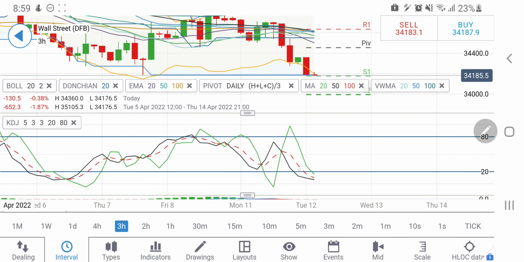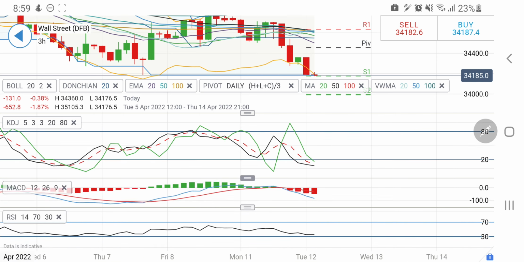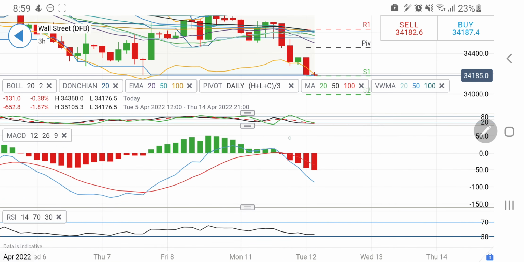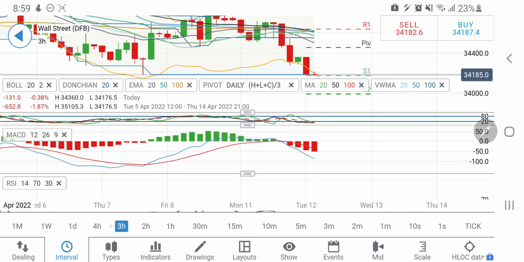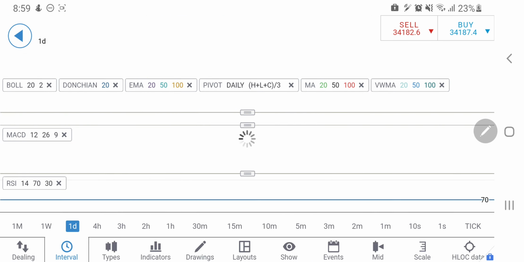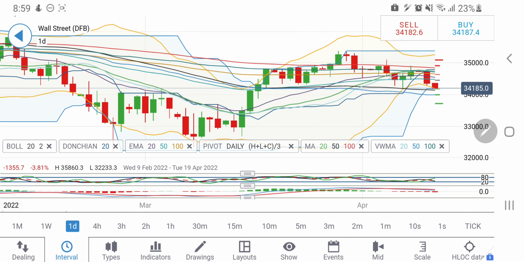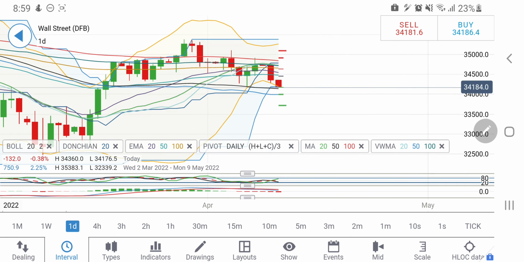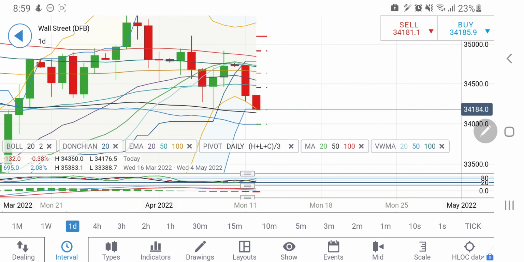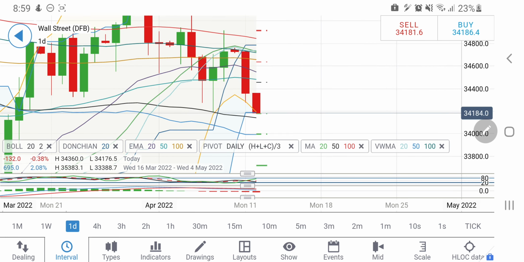MACD on the 3-hour charts also is strongly oversold here, and stochastic is oversold. MACD is strongly wide divergent and indicative of strong bearishness out there. Now look at the daily charts here. On the daily charts, you will find that, see, it is trading in red. This is the first red candle and the second red candle is apparent here. The reversal confirmation is only above 34,400.